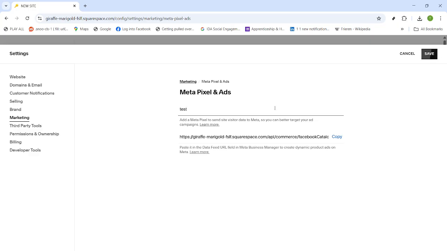A few quick tips to finish up. Give the connection a few minutes to start sending data. If you want extra peace of mind, use Meta's Pixel Helper browser extension to confirm the pixel is firing on your pages. For stores, standard events like view content and purchase will help Ads Manager optimize your campaigns. And be sure your site's privacy and cookie settings are configured correctly for your region before running ads. That's it. Your Meta